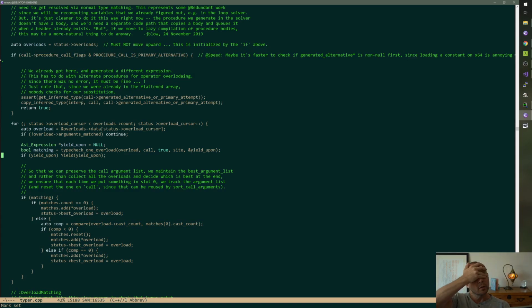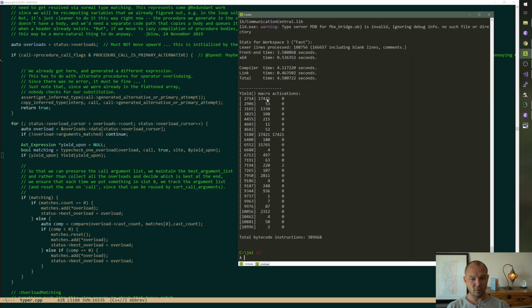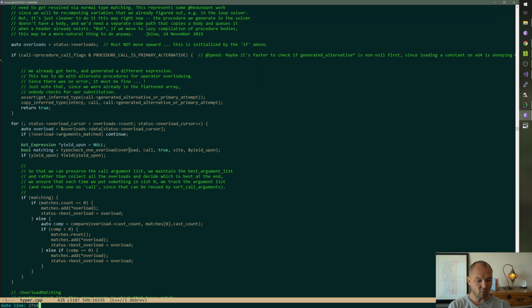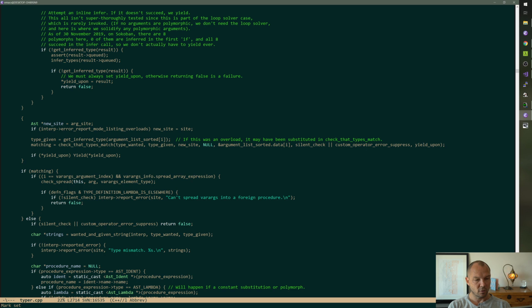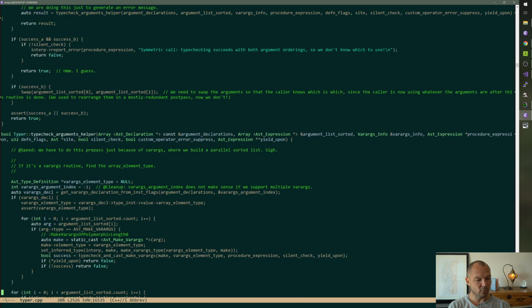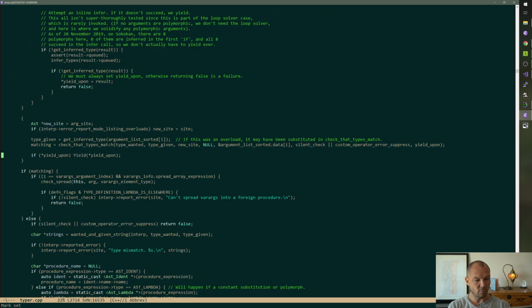So we go, oh, this is just that type check one overload gave us a yield upon. Okay, so the deal is type check one overload is going to call check that arguments match, which is going to call this, right? Or type check arguments helper.